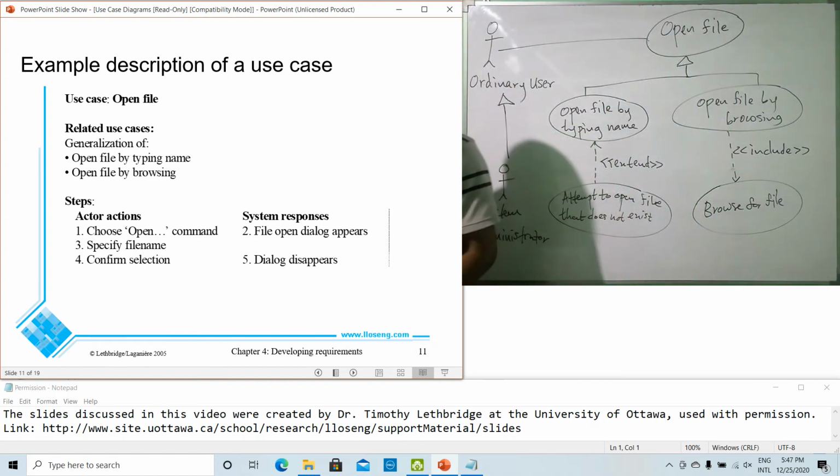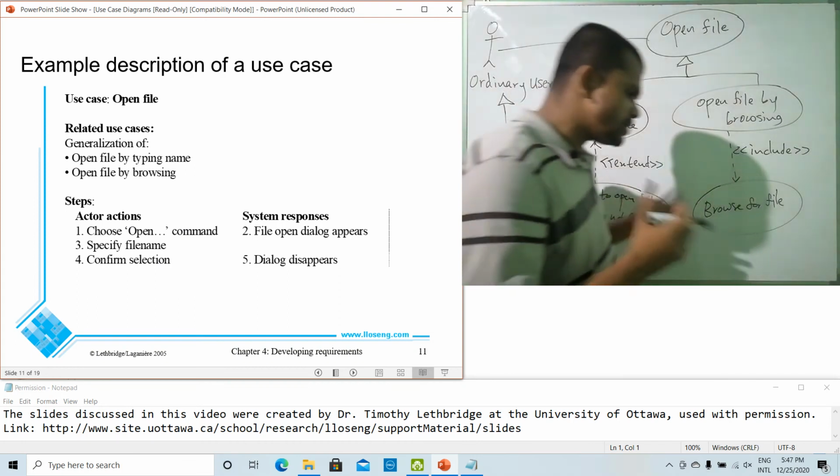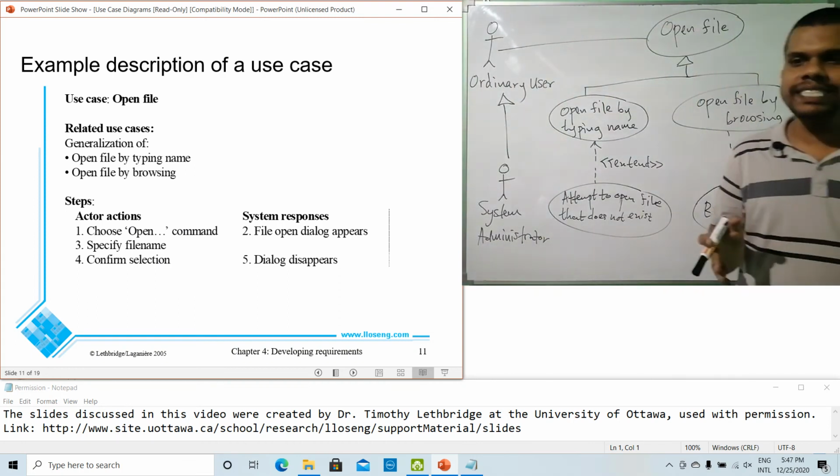Under steps, the system executes a particular command, open a file or something like that. Then the system displays an open file dialog. Then we have to specify the file name. How the file name is specified is not mentioned because it is a